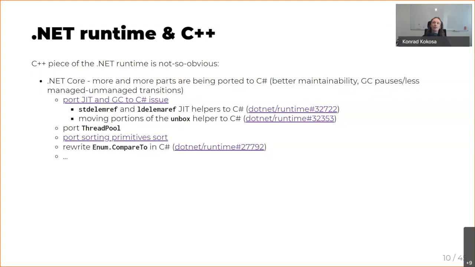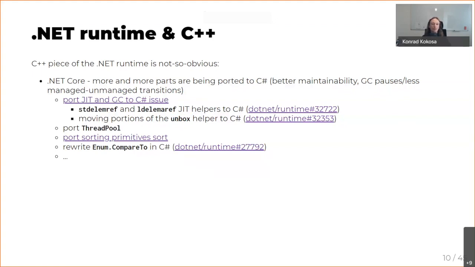There is an open issue to port the whole JIT and GC to C#, which is kind of dreaming of, and it will probably not happen in the full runtime. But some parts are indeed ported, like some helpers used by the JIT are indeed recently ported to C#, like the helper which is used for the unbox operation or when we store or read a reference between objects.